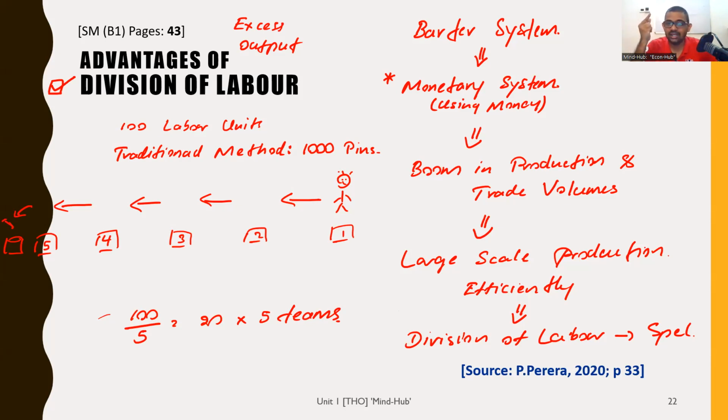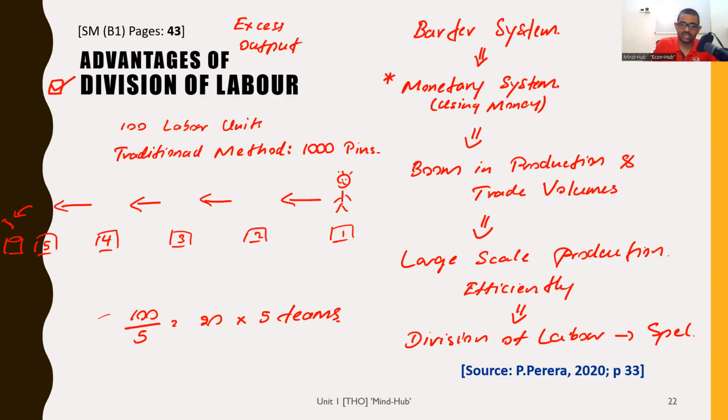These 20 people in these 5 teams doing that particular task develop a specialization. When you develop a specialization, there are many other benefits. You do the task faster. You are more efficient. You also look for new ways of doing that task to improve your efficiency even further. You learn to use specialized machinery and equipment, and you make more use of the machinery you have because you're specialized in that task. All of these come around because you have a specialization.